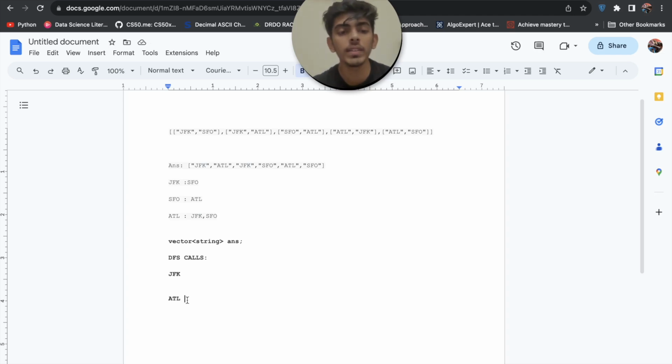After that ATL will check whether it is present in the map. Yes, it is present. It will check whether it has neighbors. Yes, it has neighbors, so it will store this JFK, pop this element and make a DFS call on JFK, right?